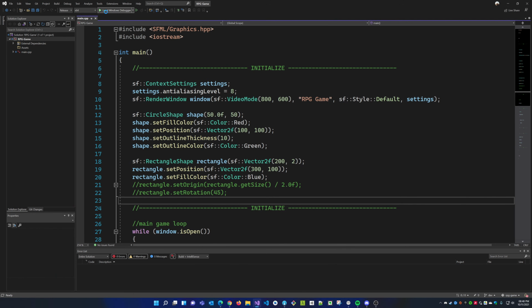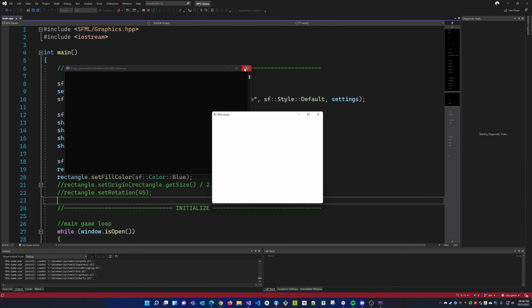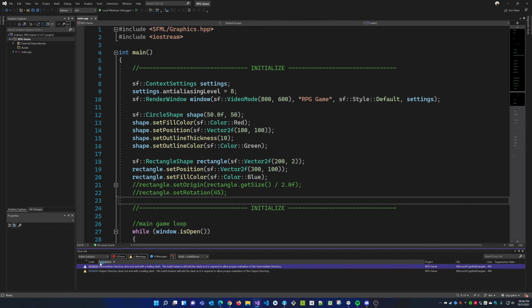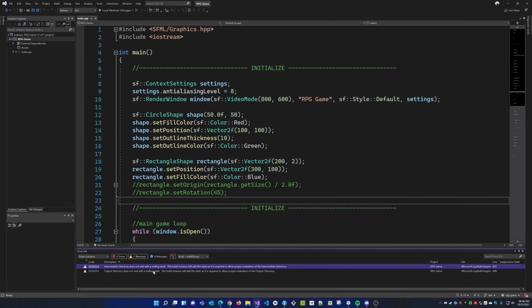So if I open my project right here, I need to go into debug mode. By the way, one thing I want to mention is that there are two types of errors or issues.